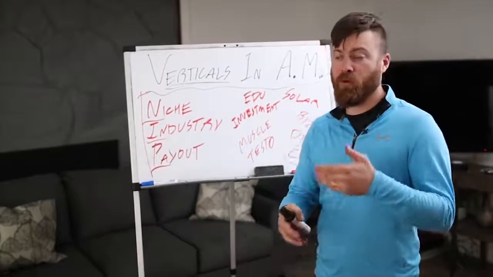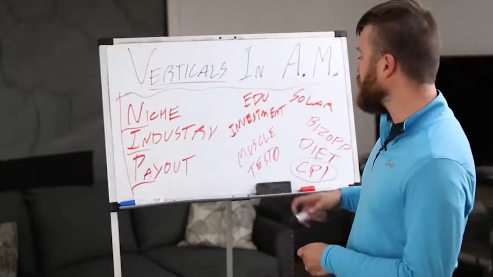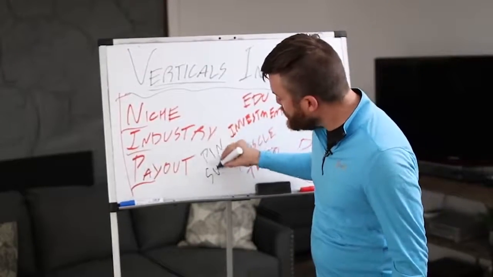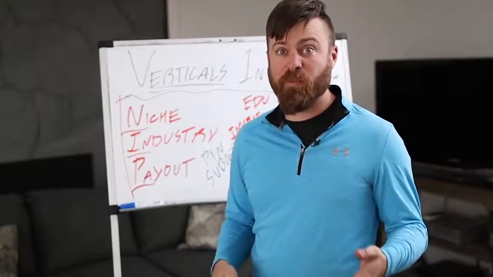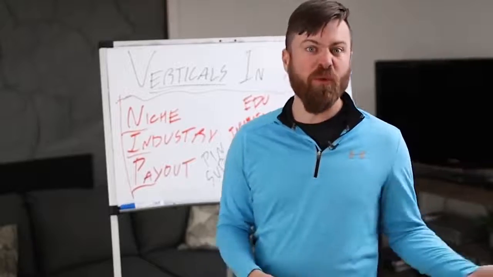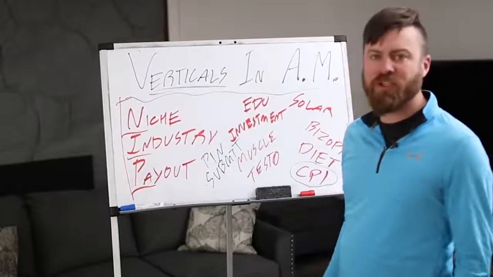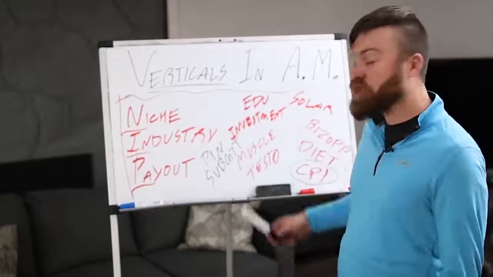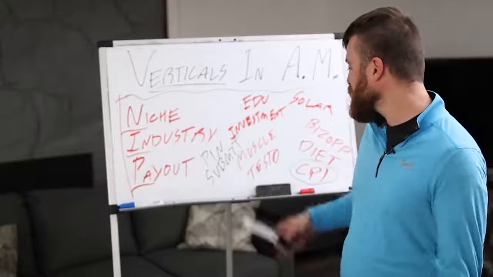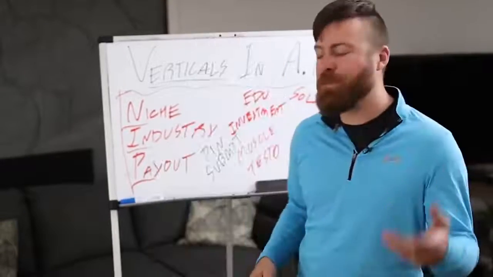There's a whole vertical of mobile advertising to get people to install games. Another vertical is pin submits. Pin submits are when people purchase games or mobile apps through their phone carrier. It's called carrier billing. So those are some anomalies, but other niches are more traditional, such as education, solar lead generation, investment lead generation, muscle, testosterone, crypto, diet, biz op. There's a million of them.